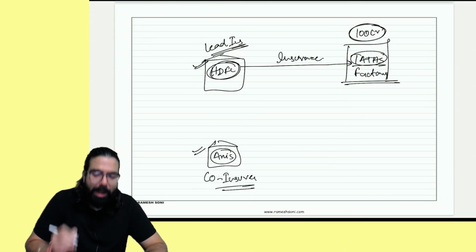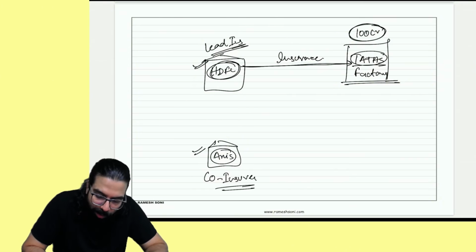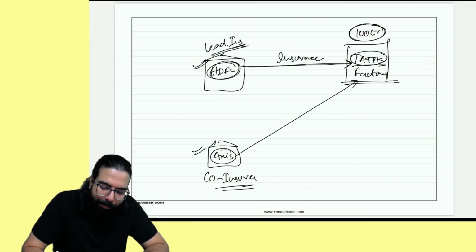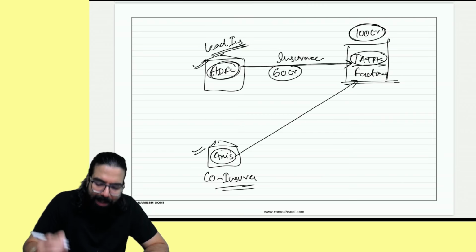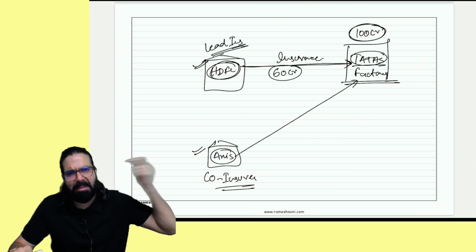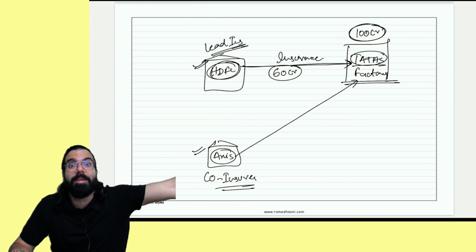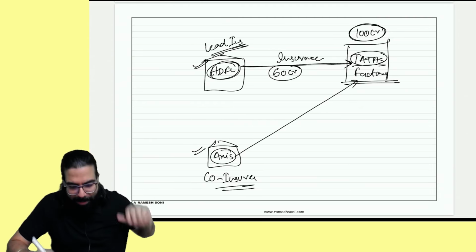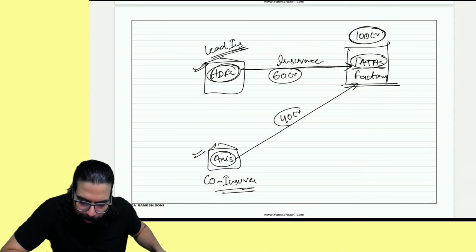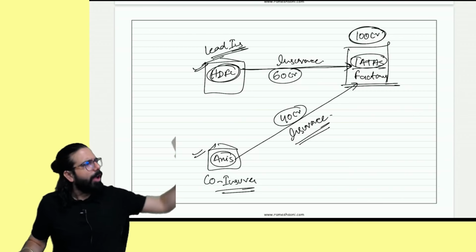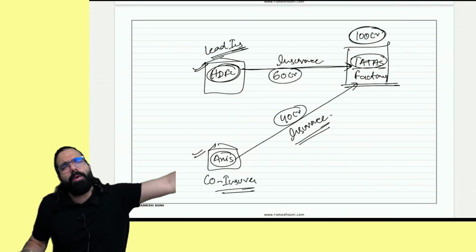Okay, sir. Now, what will happen over here? HDFC is insuring and the co-insurer is also insuring. HDFC said, 60 crore rupees ke liye, I will take care of it. If anything happens to the factory, 60 crore is my responsibility. Basically, the sum insured is 100 crore. In that, 60 crore is mine and 40 crore is yours. So you are doing the insurance up to 40 crore and I am doing the insurance for 60 crore, and we are insuring Tata's factory for 100 crore rupees.